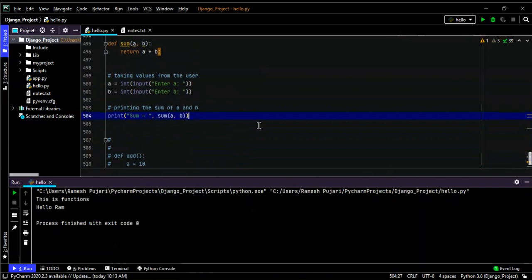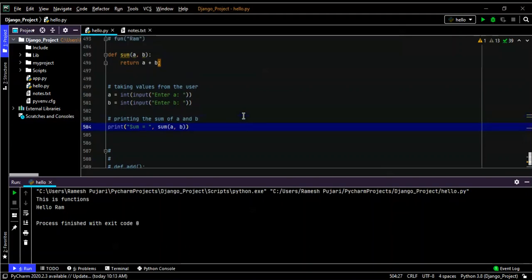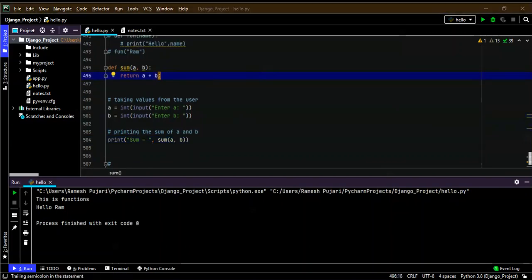So I defined a function called sum with a and b as the two parameters here, and I'm taking input from the user. I'm asking the user to enter an integer value for a and a value for b.